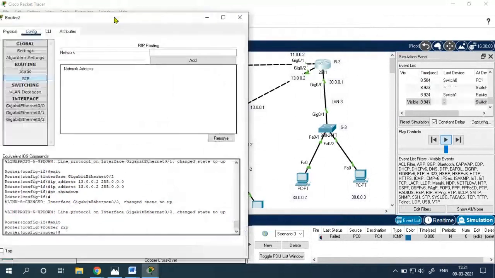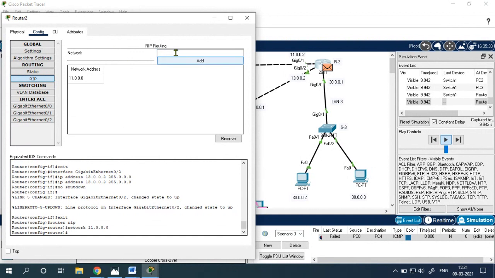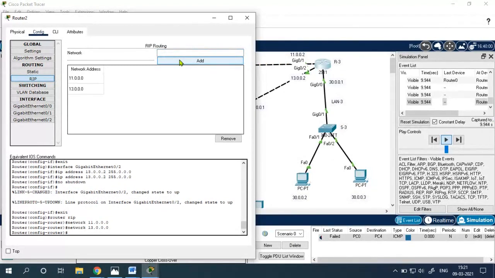This is connected to 3 interfaces, that is the 11th network, right? It's also connected to the 13th network. You can use the ping command, you can use the tracert command to work in real time.